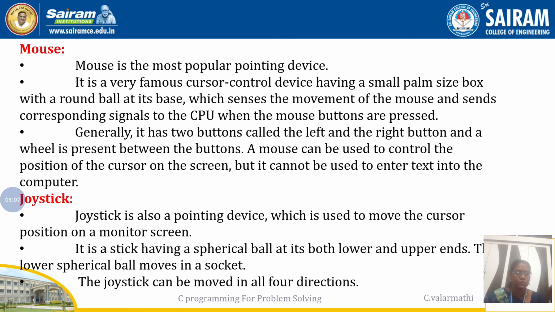Say for example, if you are going to select one file, what you will do is drag the mouse and, to select it, press the button. At that time, the position of that cursor on the screen will be read and scanned with the help of the CPU. That denotes that the corresponding file should be opened.